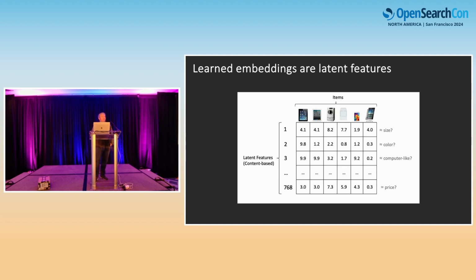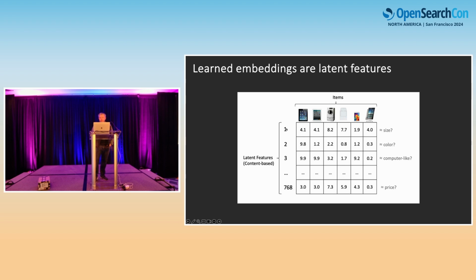So if you think of embeddings, when you talk to an LLM and you get embeddings back when you're encoding your text, what you're getting back is this long vector of numbers, each of which represents a latent feature in the embedding space, in the vector space, for whatever the text was that was encoded. When you do matrix factorization on user behaviors, you generate similar types of embeddings, but you do it based upon behavior. So in this context, when I do matrix factorization, I'll show you in the next slide what this looks like practically, but